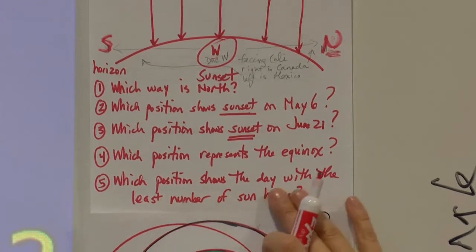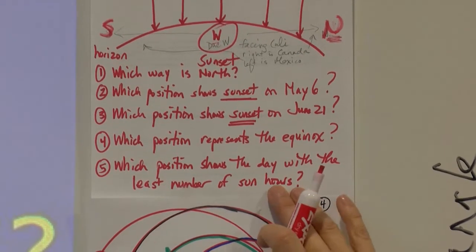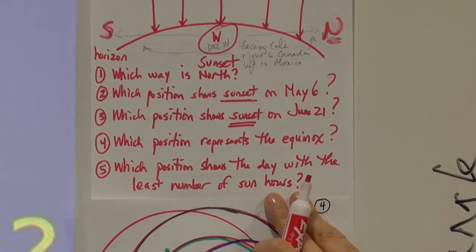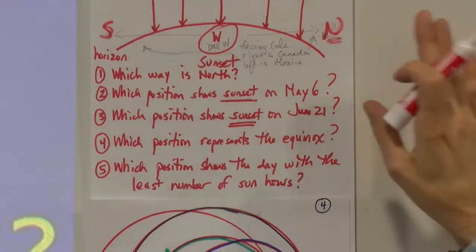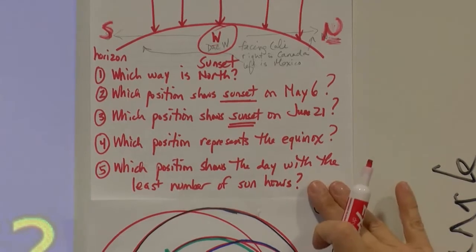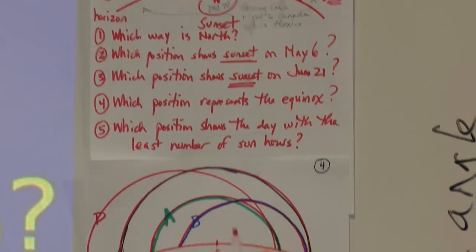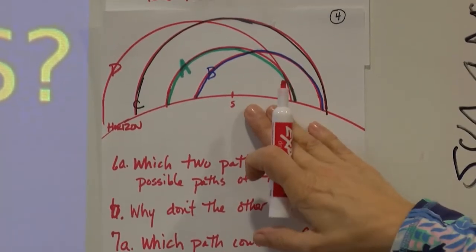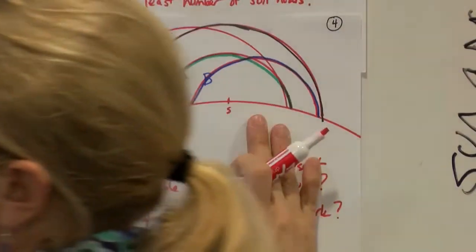Which position shows the day with the least number of sun hours? All right. Is it A, B, C, D, or E? Your group will have to talk about this. You'll have to figure it out yourselves. Now, I also have some possible paths of the sun. If you look here,